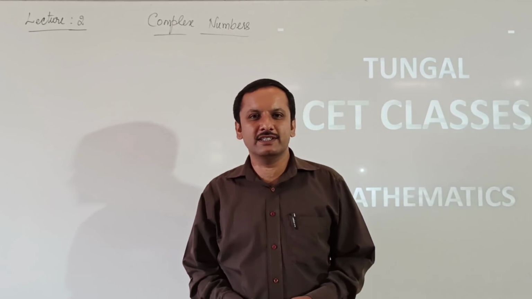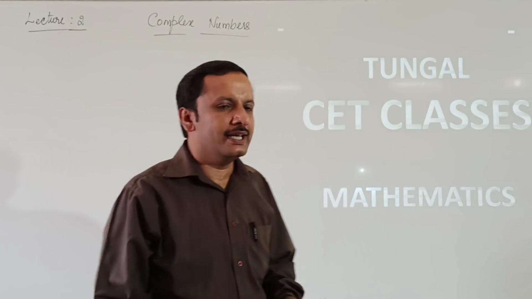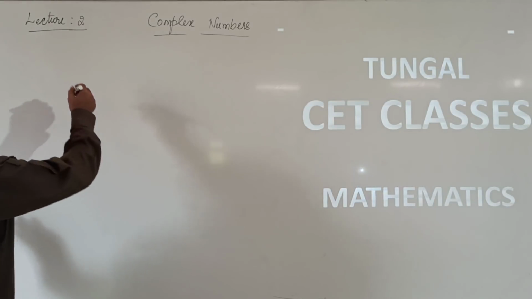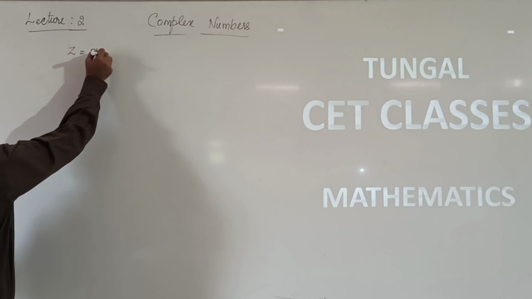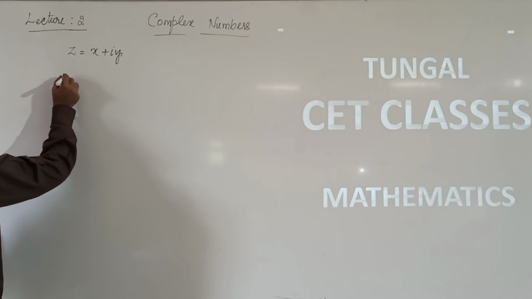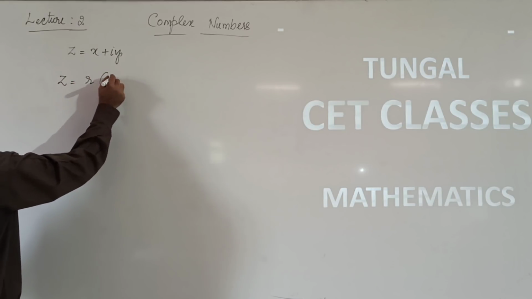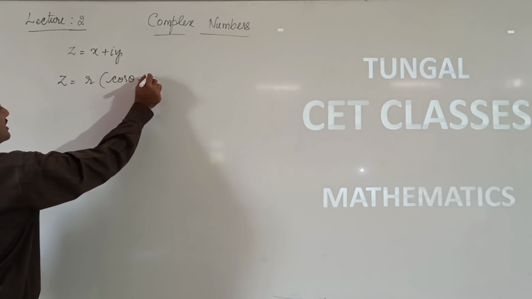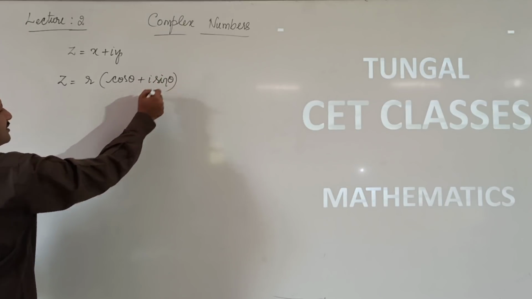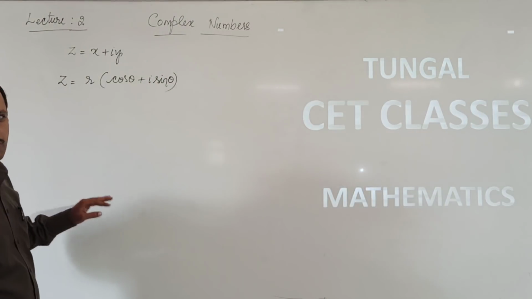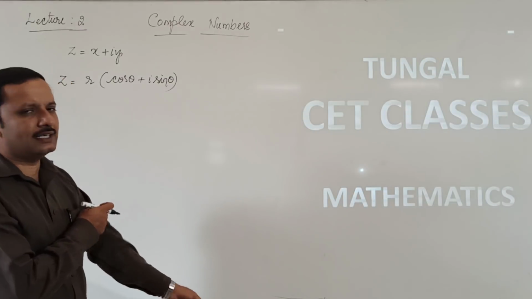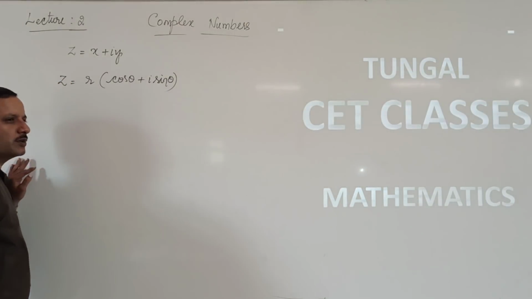Students, let us continue our discussion on complex numbers. In the last class, we have seen that if z is equal to x plus iy, then the polar form of this complex number is z is equal to r into cos theta plus i sin theta, where r is the modulus which is obtained as root of x square plus y square, and theta is the amplitude which is obtained